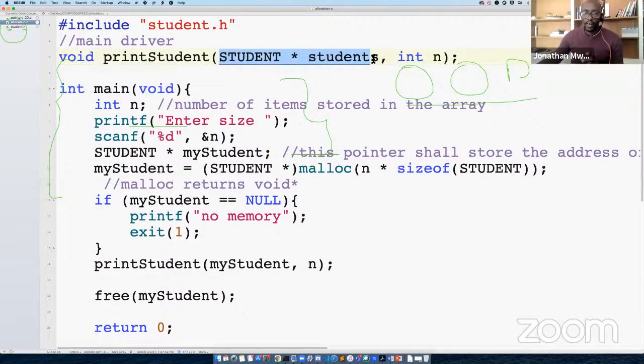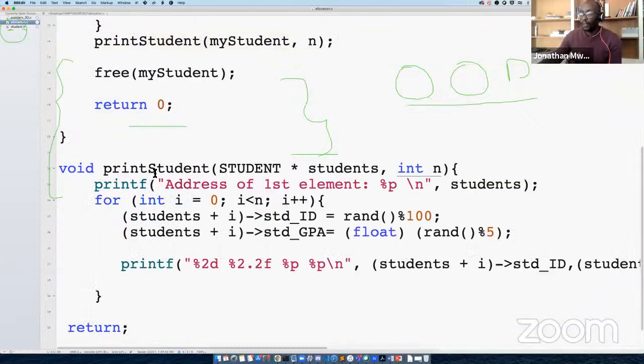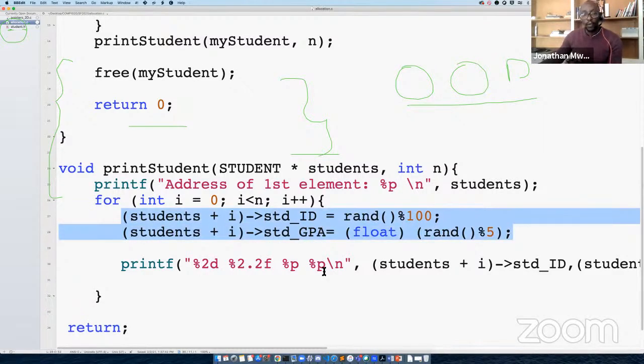Remember, pointers and arrays are different types used in a similar manner. So I've done exactly that: printing, passing the array. But because we are passing an array of structs, just like an array of integers or doubles, we need to know the size of the array so that we know until where to read the block of memory, which is exactly what we are doing here. So we call the array and it does the assignment for us as we did before. And once we do the assignments, we do the printing out and that is done.